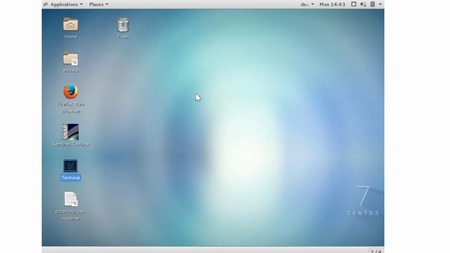Once you are logged in, you will be able to see this desktop page. As you can see, there are already some software installed in this VM, such as Snap or Firefox browser. And now I will give you a quick tour on what else is available in this VM. So if we open a terminal